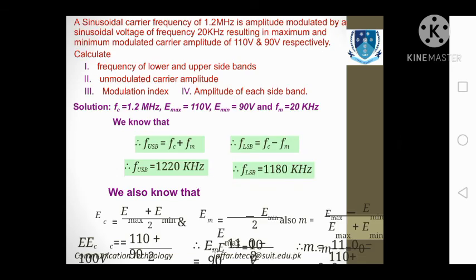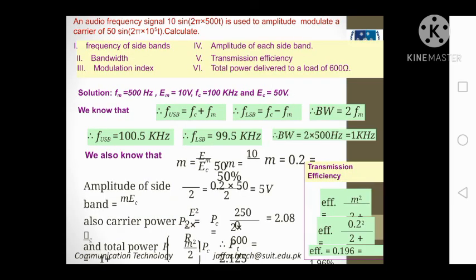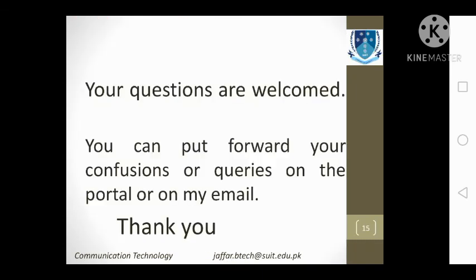So this is another example. I will leave it to you, and we will also discuss that in class. These are the same things from a different perspective. This is your assignment, you can say, and these are some examples for your practice. We will be discussing that in the class, inshallah. So I hope that you will be practicing these examples and we will be discussing that in the